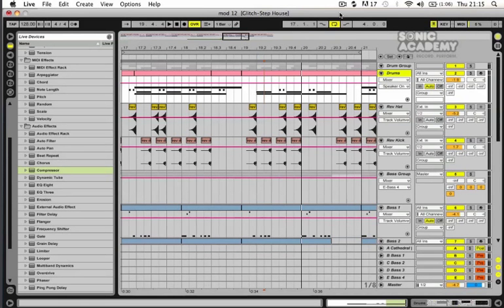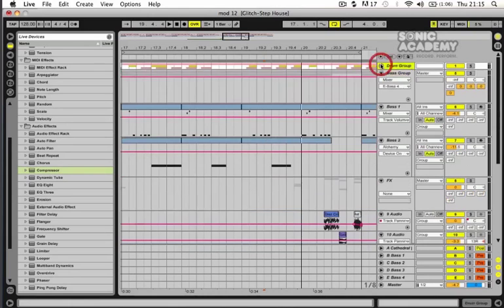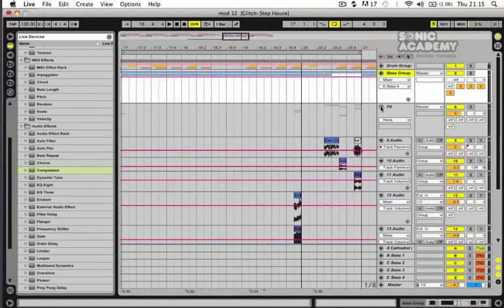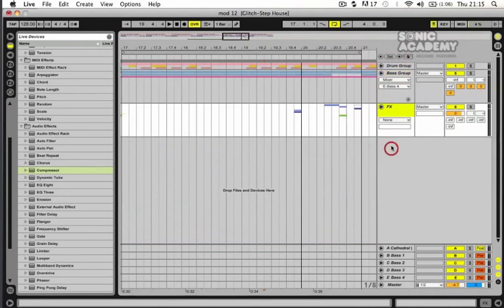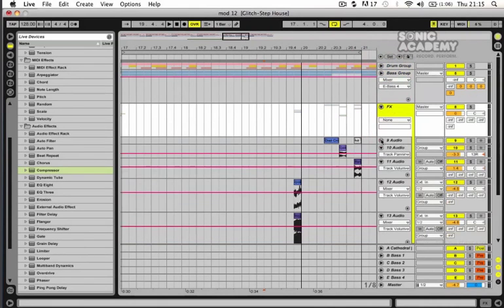Okay, so in this one we're going to use a trick where we resample the whole loop that we've got here and just take wee segments out of it to create a couple wee stutter edits and stuff throughout the track. So I'm going to just minimize everything we've got here, and I guess this kind of belongs in the effects section, so